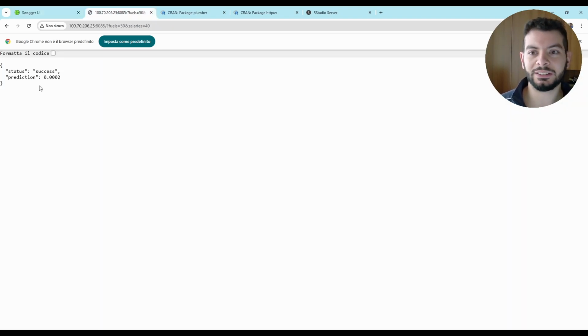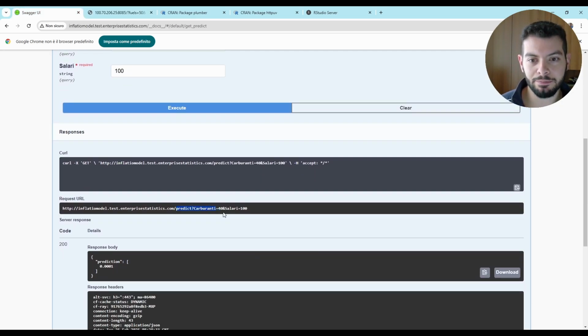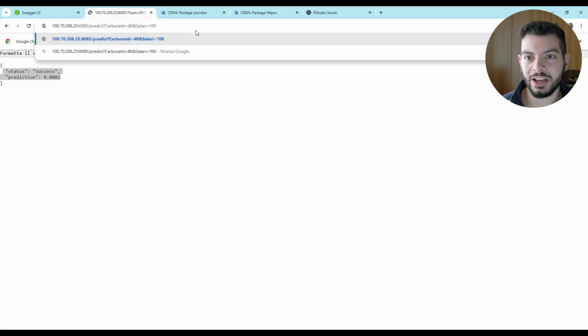And you notice that here we just have a link and the actual prediction. Let's do it again. If we go here, we see basically the same link and the response body, that is our prediction. Of course, the values are different, so it is different. But again, notice, here we have basically the same link.